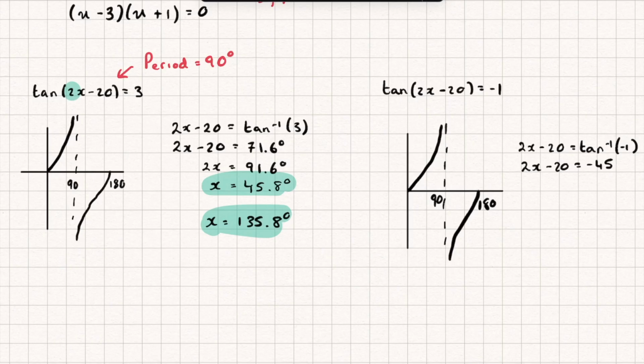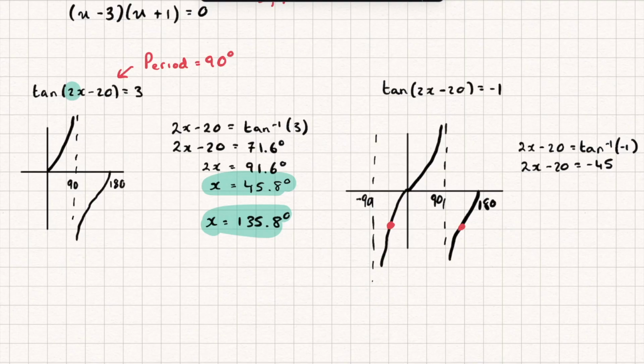Now, I suppose actually you don't really need to draw the graph of tan to solve this, but if you want just to visualize it, I will. You can see that actually at negative 45, I haven't drawn that section of the graph on, so I'm just going to extend it backwards and add on the other asymptote here, which would be at negative 90. And so the solution my calculator is giving me is here. But remember what we said, for tan, there's only ever one solution in each period. So drawing the graph isn't really that useful, because whatever your calculator tells you, you can just work with that number. But if you wanted to, you could add the period of tan, 180, to get this solution over here,